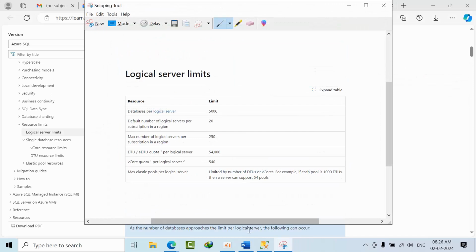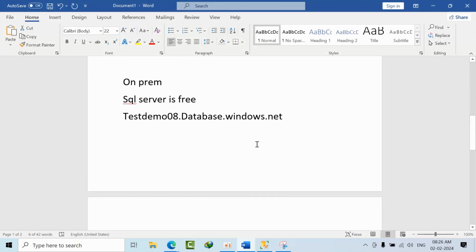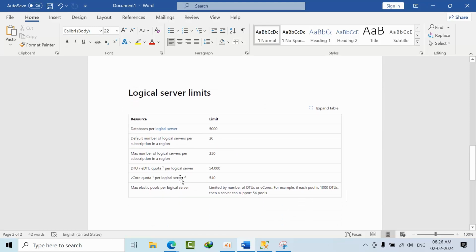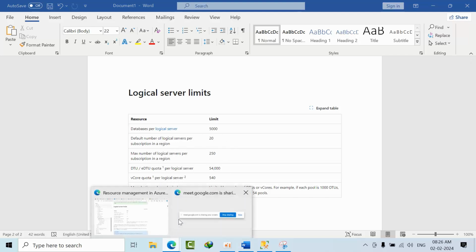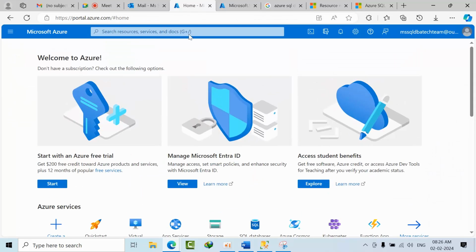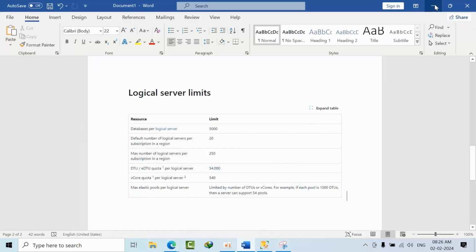Very rarely they are going to ask this. The answer is: on one server you can create 5,000 databases. By default, per region, I can create up to 20 servers. How many regions do we have? N number of regions, East US and others. For each region I can create servers as per requirement.